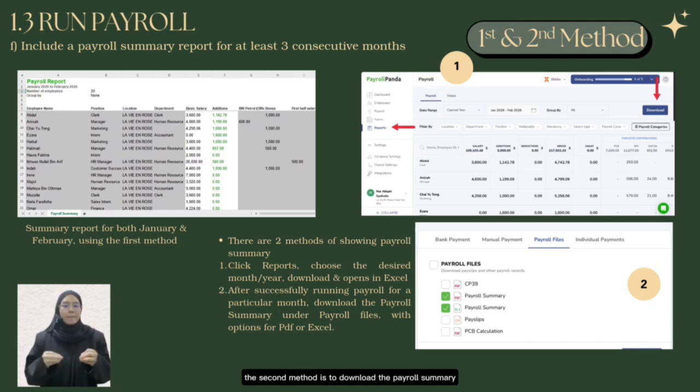using the first method. The second method is to download the payroll summary directly on the payroll file after successfully running the payroll for a particular month. This method provides option to download the report as a PDF or in Excel format. The result using the second method have already been shown in the previous slide. By using this method, the hotel can generate payroll summary report efficiently and maintain a clear record of all payroll